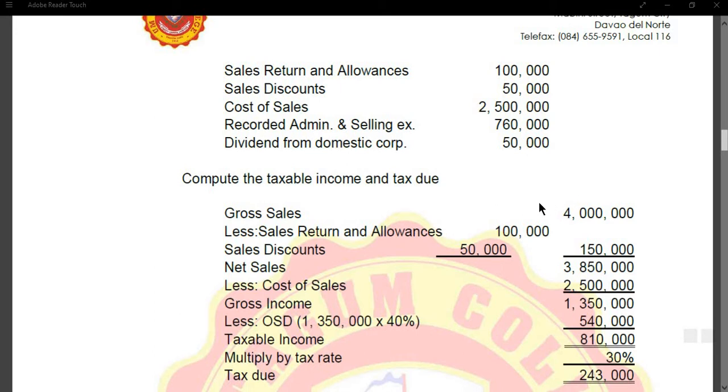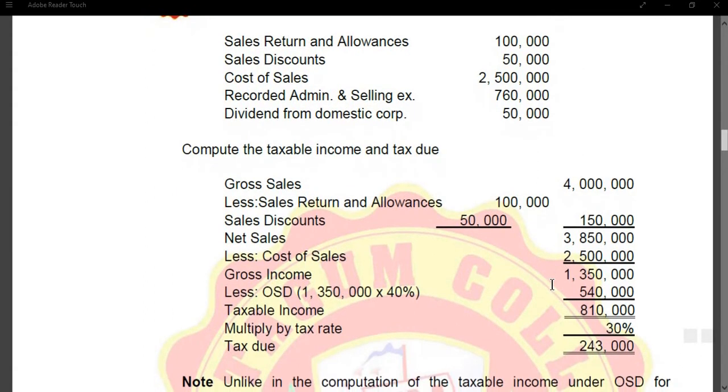4 million less sales returns and allowances and sales discount of 150,000 pesos. Then that gives you a net sales of 3,850,000 pesos. Less cost of sales of 2,500,000 pesos. So your gross income is 1,350,000 pesos. Remember that your optional standard deduction of 40% is based on the gross income of